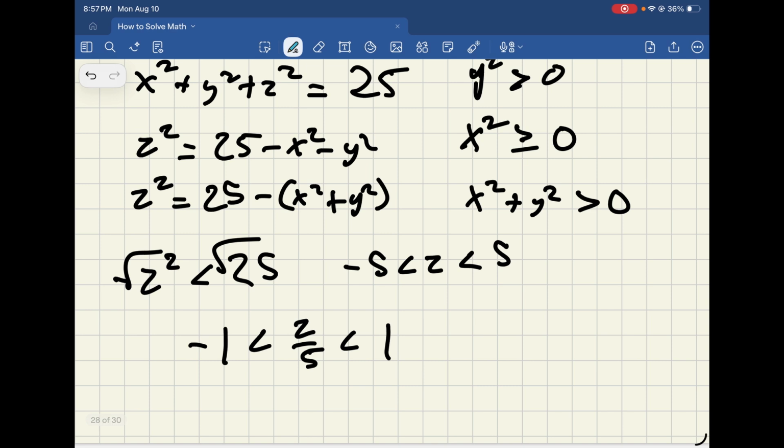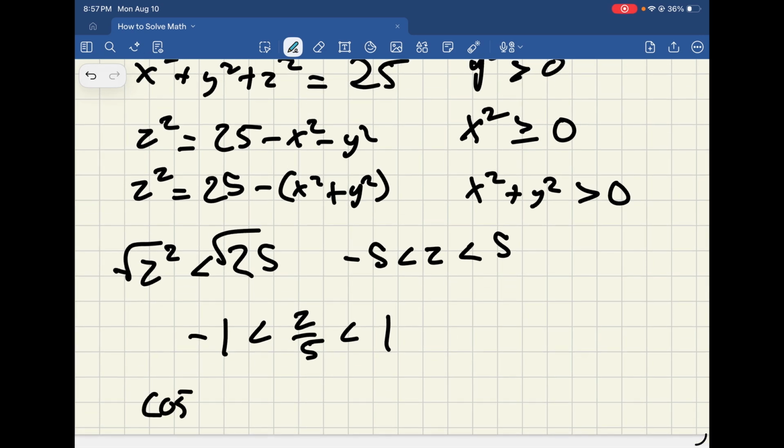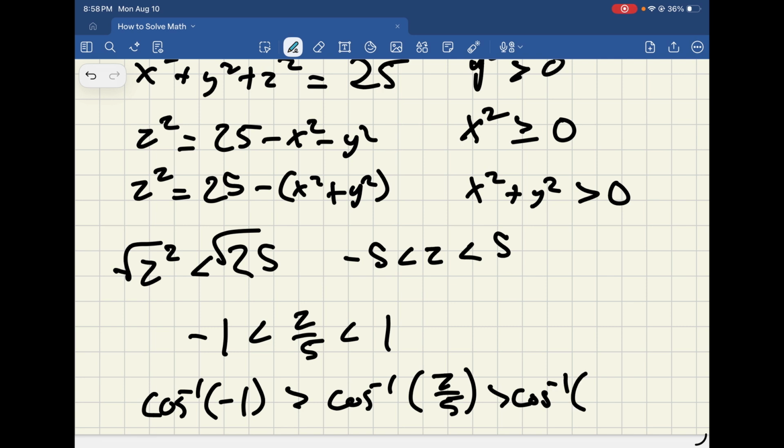So arc cos -1, and we'll also be switching signs with this. Arc cos, and let me write this further down so I have more space. -1 is greater than arc cos of z over 5, which is greater than arc cos of 1. And plugging this into our calculator, or if you know these values from heart and just a ton of practice,